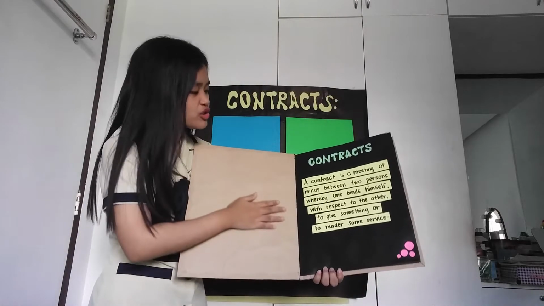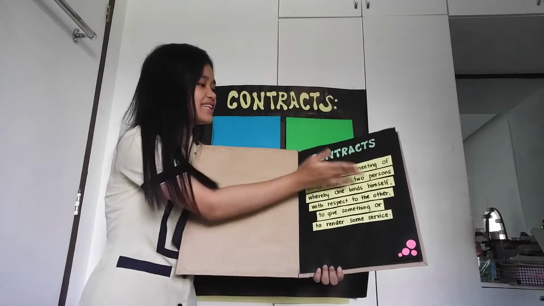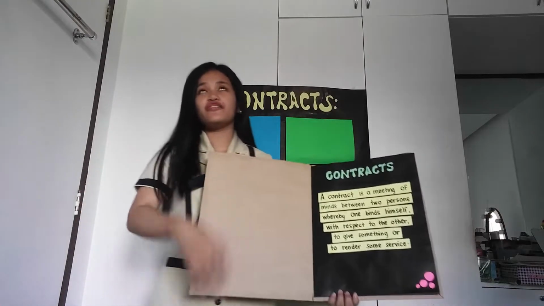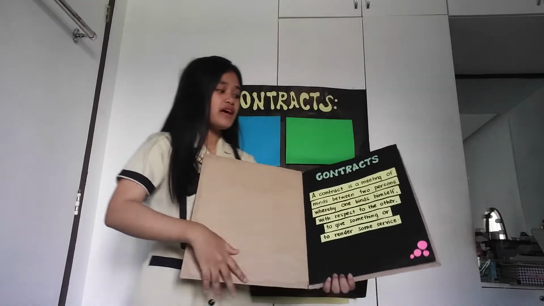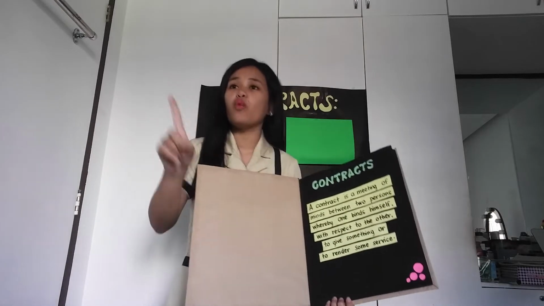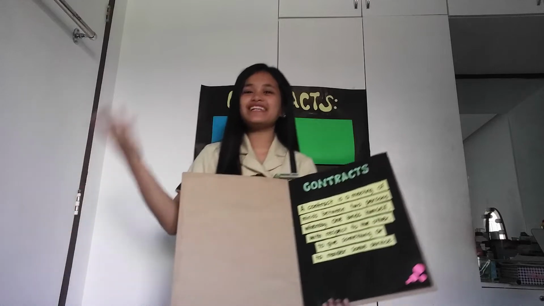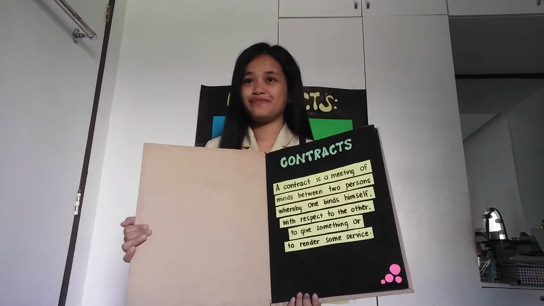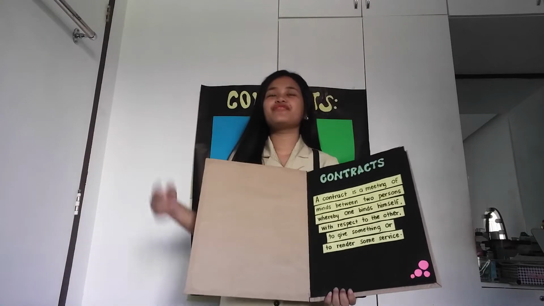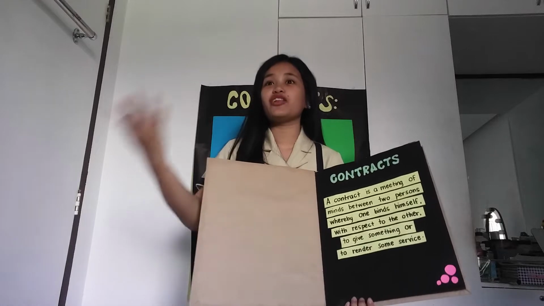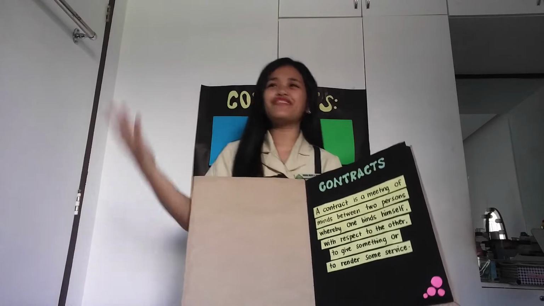What I want you to note in this definition is that it happens between two persons. Of course, it can happen between 3, 4, or 5 people, but it can never happen between one person only, because that would only mean that it is a commitment or decision rather than a contract. So, is everything clear with this definition? Okay, now let's move on to differentiating what a contract is and obligations. Yes, we have already tackled what obligations are last time.